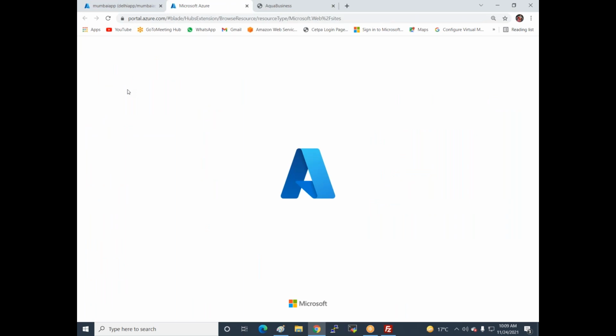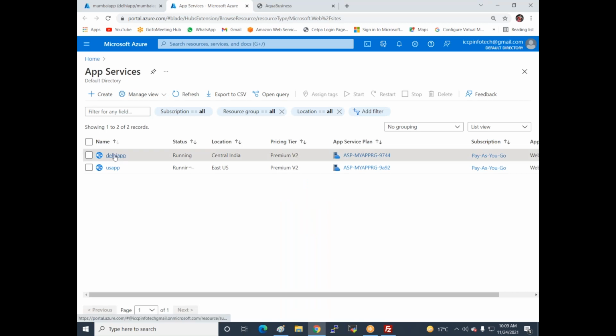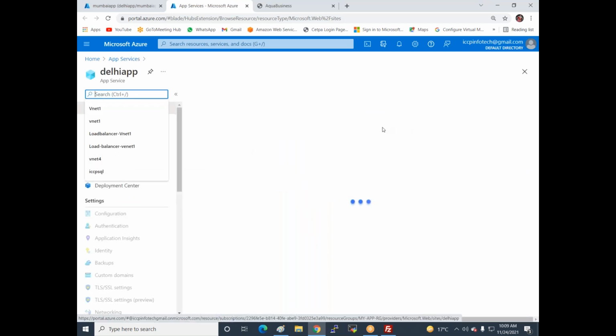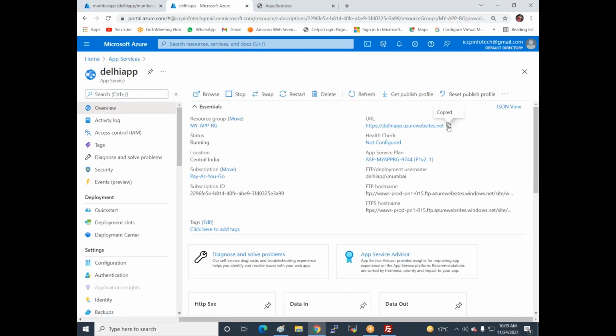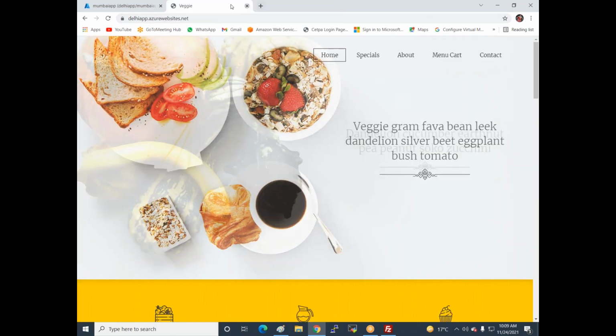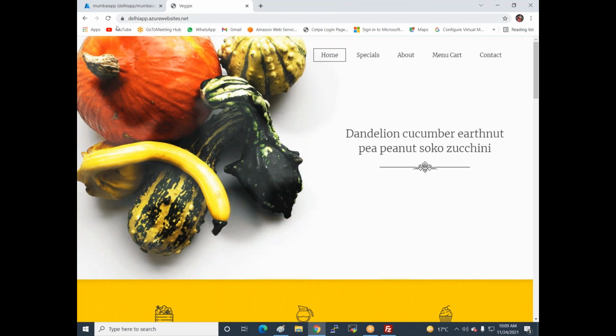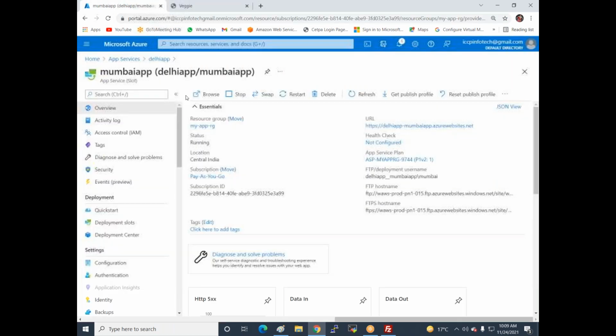And this is my one more app service available in the Delhi app service. This is my Delhi app service, and I'll copy the URL of this particular service. This is my other URL, so both URLs are completely different. You can see the Delhi app azurewebsites.net, and here is the Delhi app hyphen Mumbai app azurewebsites.net. But remember why I'm using this: you need to swap the website. How to swap? We use the same URL, but the website is changed. So I'm using the concept of swapping.